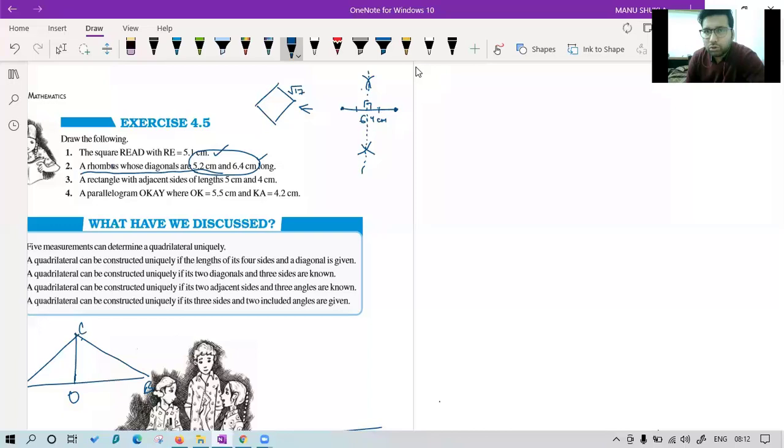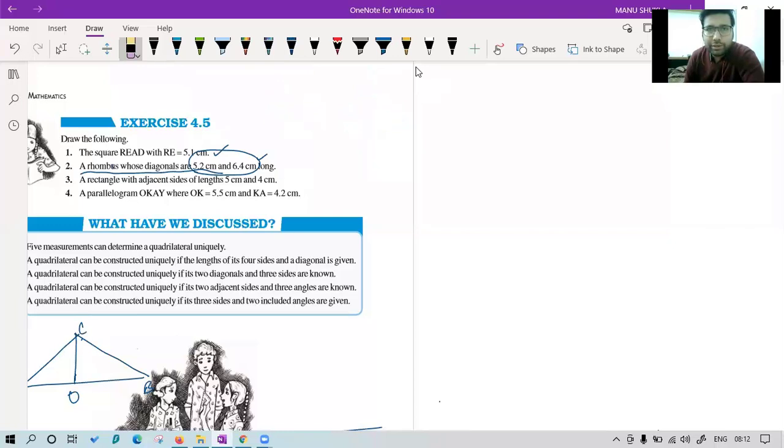This is perpendicular on the line as well as it is bisecting. And after that, we found the diagonal like this. We joined and got the rhombus. I hope everyone is clear with this question. Question number 2 is confirmed. Yesterday only it was clear to all of you. Now let's see question number 3.